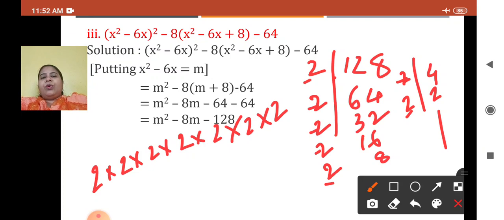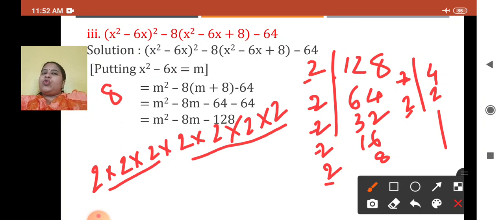Now what to do? I want to combine it so that I get minus 8. How shall I combine it? What is the method? If I try to take this together, 2 2s are 4, 4 2s are 8. Okay? And then the remaining together, 2 2s are 4, 4 2s are 8, 8 2s are 16. Like this. Is the difference between them 8? Yes, 16 minus 8 is 8. So I've got the two factors as 8 and 16.